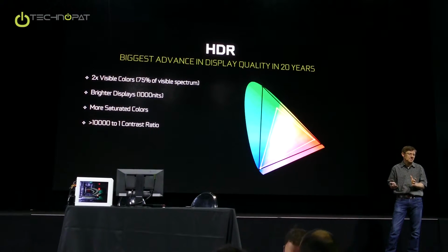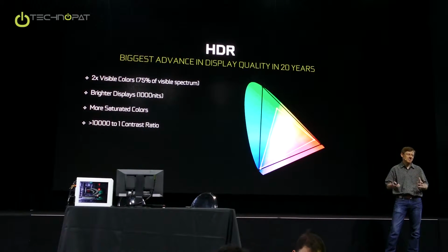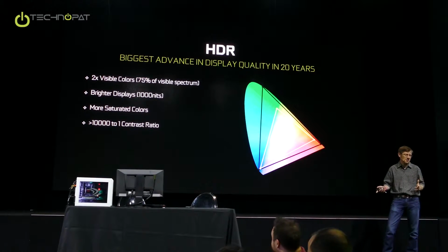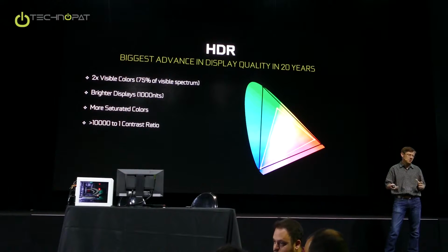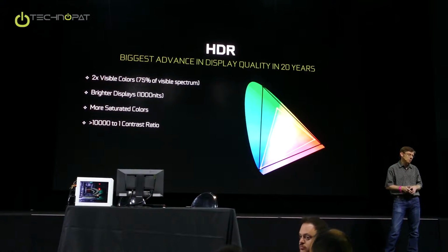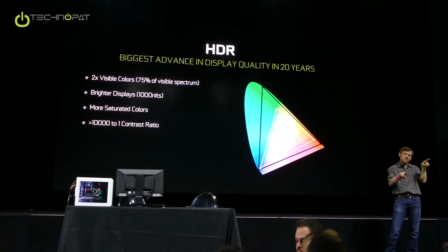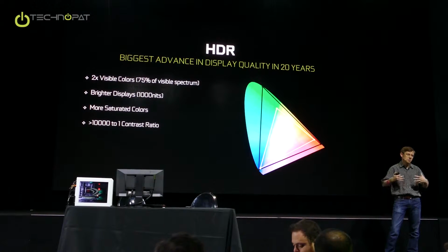But that's the reality, that's where the whole industry has been saddled since then, because it's a standard, and changing standards is hard. And even though nobody has a CRT on their desk anymore, they have these really great LCD TVs, we still are stuck in that old gamut, and we're still stuck in the brightness definition of this old beam scanning thing, right? So HDR is finally moving the industry forward into actually taking advantage of the technology that's